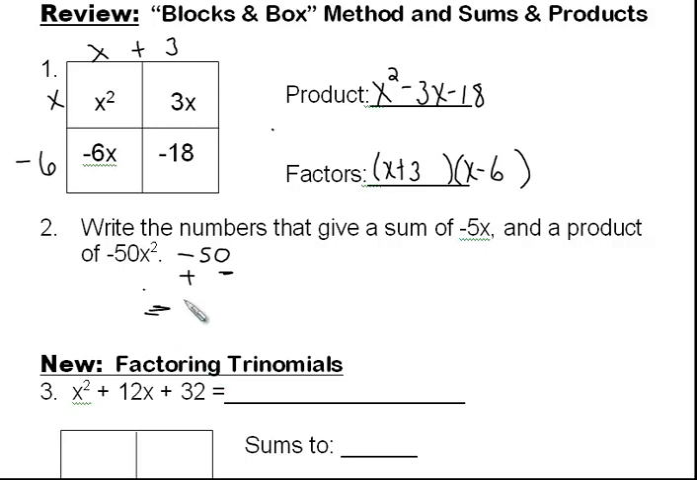To multiply to get negative 50, we're going to have a negative 10 and a positive 5. Those two, and it's got to have the x on it, negative 10x plus 5x, are going to add together to give me a negative 5x. And if I multiply the two together,